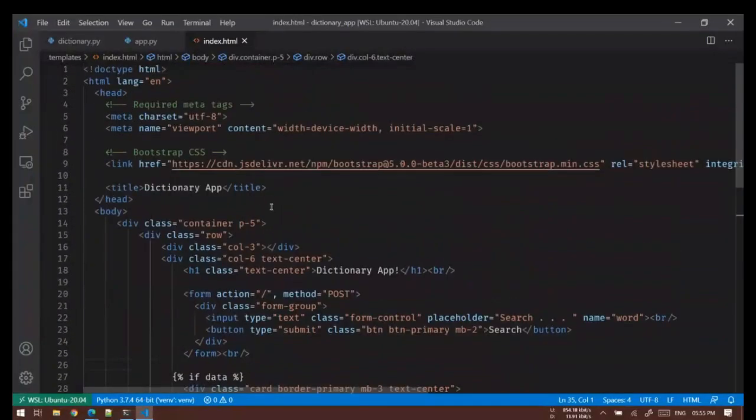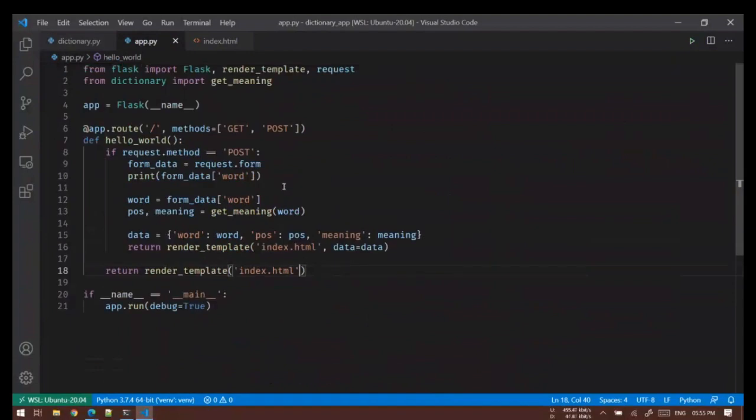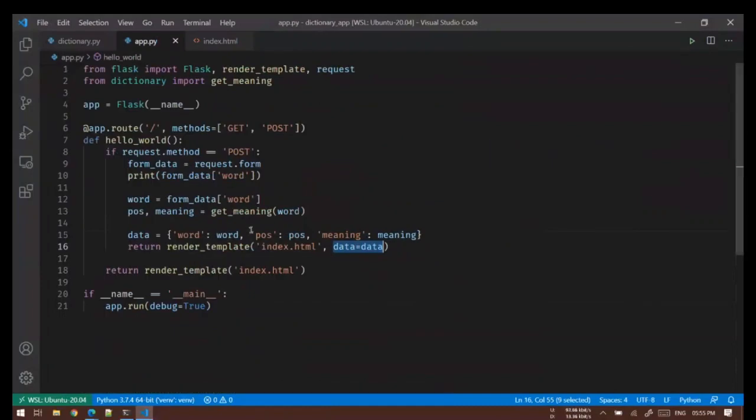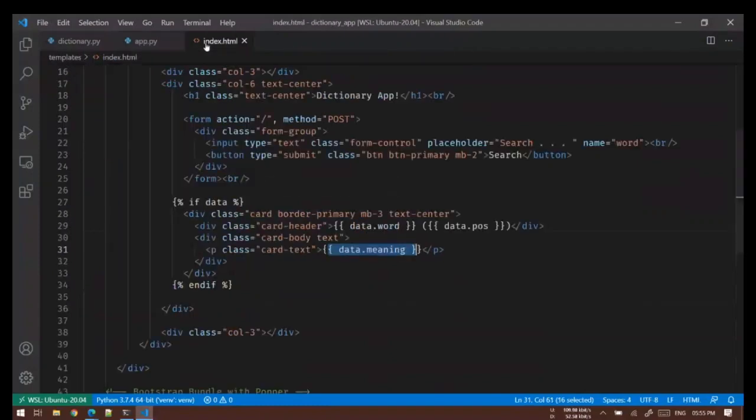I'll quickly sum everything up so that you can collect your thoughts and have a look at it. So we started with a simple function that will simply return index.html, nothing else. Then we learned how we can pass data from Python to the front end. All we have to do is first pass that data as an argument to the render_template function, and second thing is create placeholders for them. These are the places where that Python variable or values that are passed from Python will be displayed in your web page.